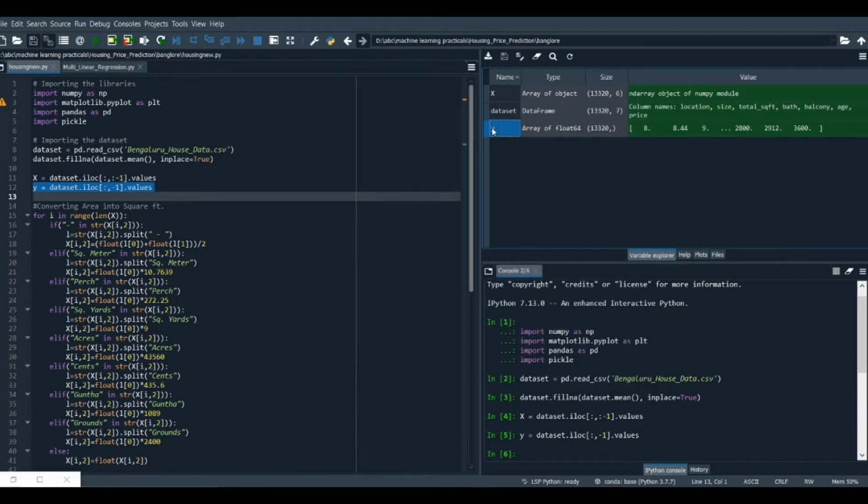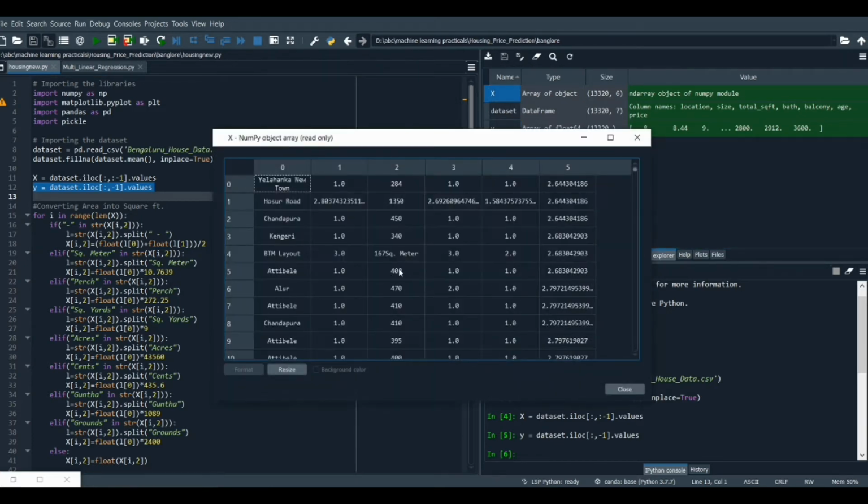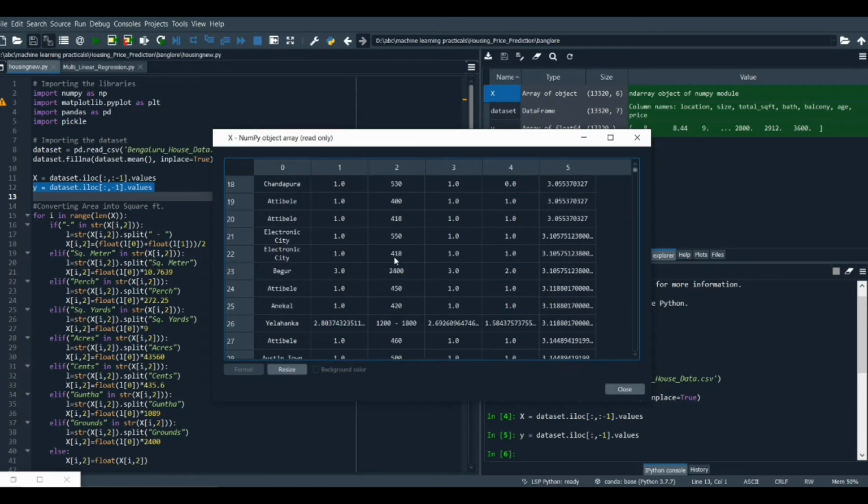Now after that, in our independent variable, by default the area of a house is in square feet, but there are certain values such as square meter, and there are also values such as in range, and other different types of units of area which are used in the dataset. So we need to pre-process them, and we are going to pre-process them manually.